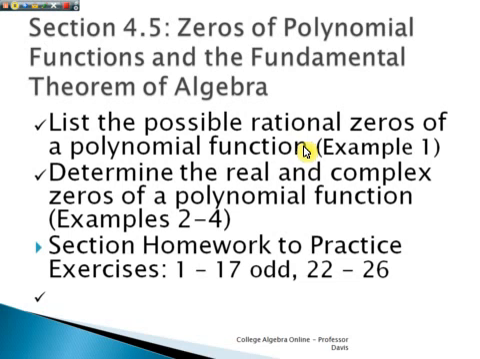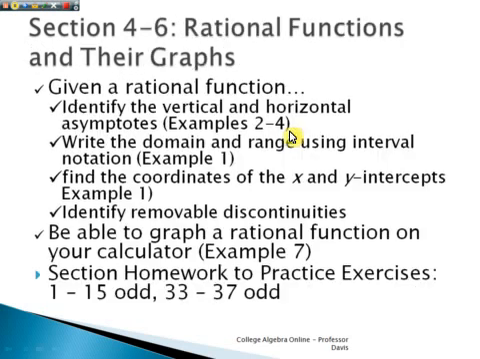That uses a combination of graphing and synthetic division. So we want to go through exercises 1 through 17 odd in section 4.5, and then exercises 22 through 26. Those start on page 208 in your summary notebook, ebook screen 4.5-26. And then to finish off chapter 4, we kind of switch gears a little bit